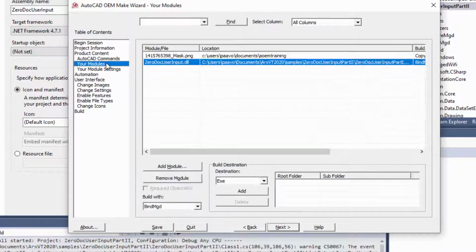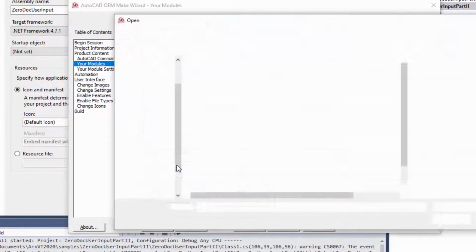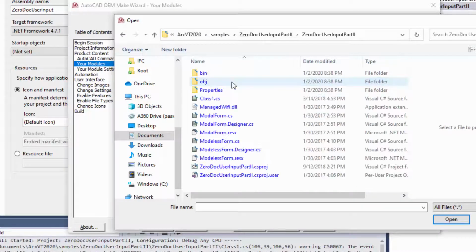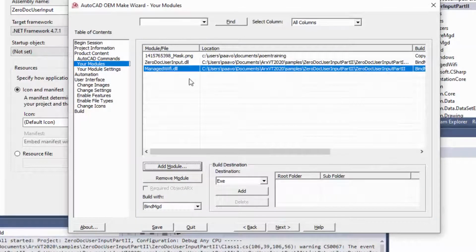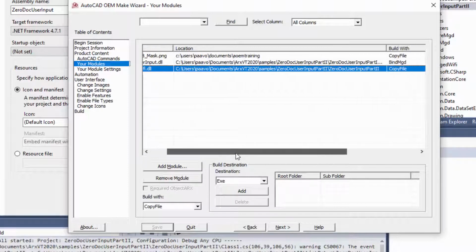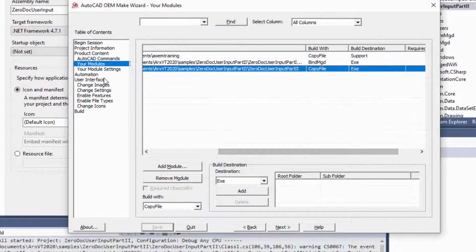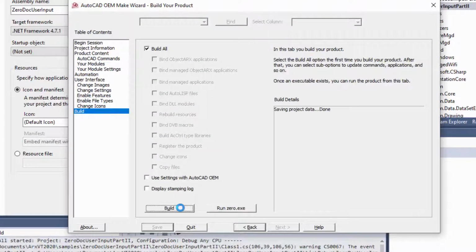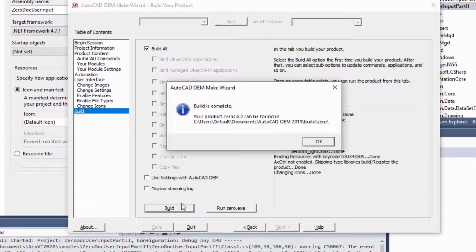We need to add the reference DLL that scans for wireless networks. It can be found in the zero-doc user input part 2 project folder. Copy file is fine since this doesn't reference any ObjectARX DLLs. And then we'll reset the registry.